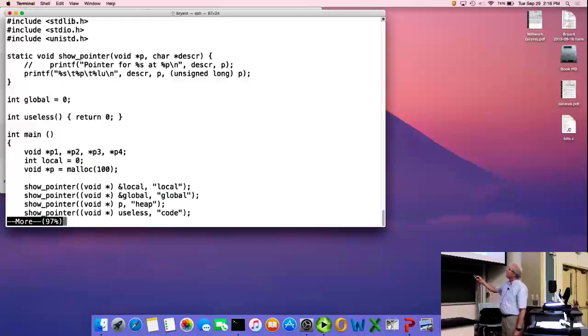All it's doing is, it's based on that one I already showed called locate, but this one, there's a global variable, there's some functions, there's something that gets allocated by malloc, and there's something that is a local variable stored on the stack. And so what I'll do is show addresses that are chosen. The address of this variable then will be a stack address, a local variable. Global will be this one that gets allocated globally. The heap is something allocated with malloc. And then this function useless will count as a code address. And now when I run it,